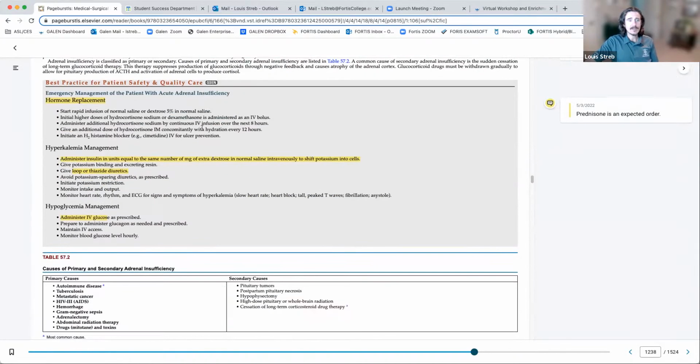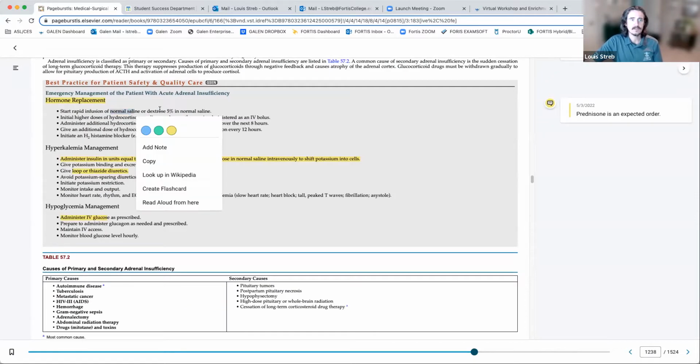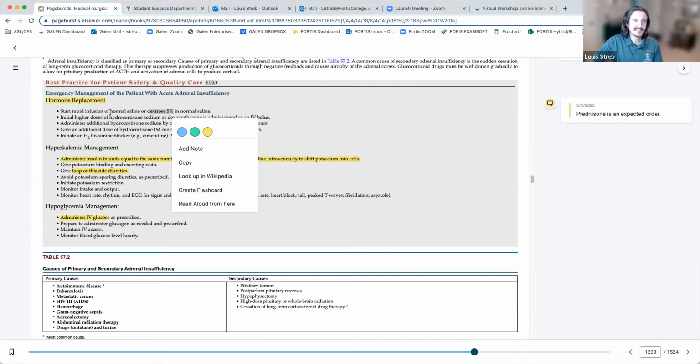So hormone replacements, what you're going to do. If I need to add, what are we going to add? We're going to start rapid infusions of normal saline. So we need to add what? Salt or dextrose, sugar. Y'all, it's right there in the wording. I mean, if you understand what the disease is,